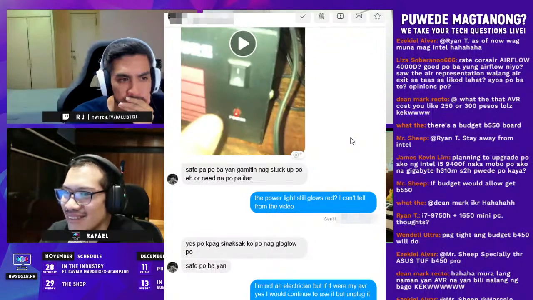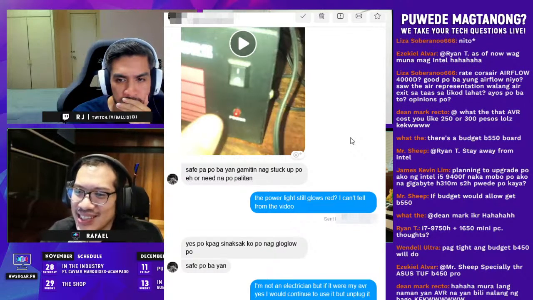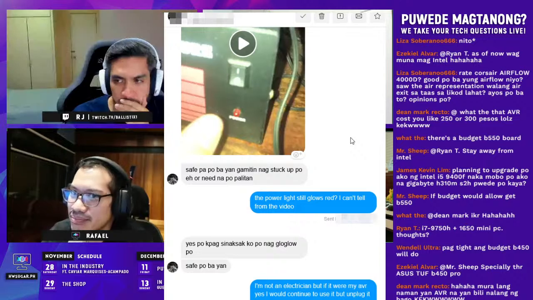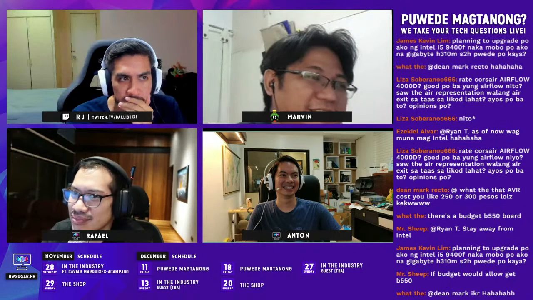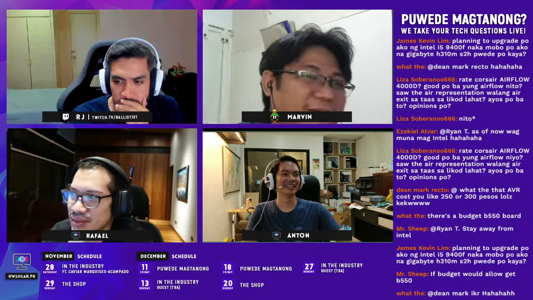Maybe it's just mechanical. I don't think it's a safety feature of an AVR. It's a mechanical switch, but that mechanical switch is still electronic. There's still electronics behind that. So why would it be stuck?